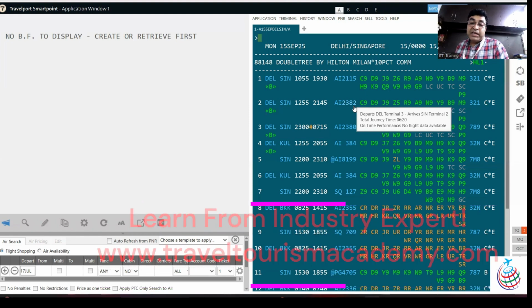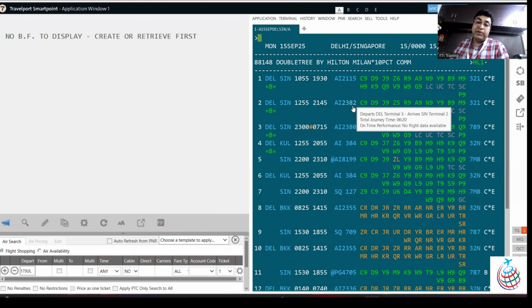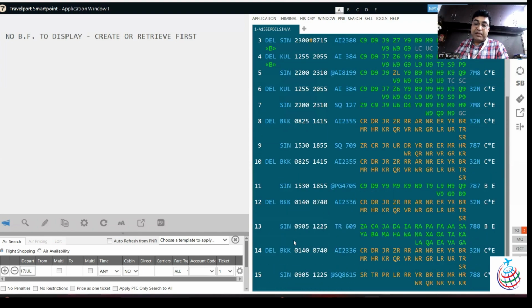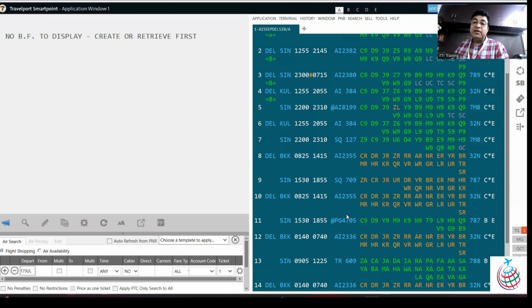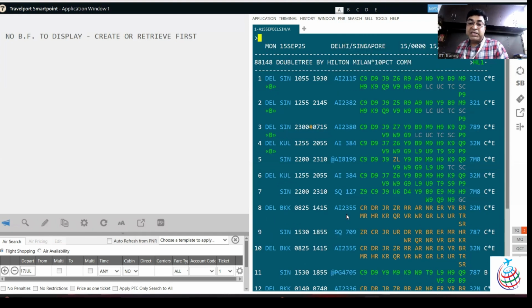And especially for the international flights. So here you can see Delhi, Kuala Lumpur to Singapore. Again, if you move down, you can see this is also Delhi, Bangkok, and then Bangkok to Singapore. It is also a pair of connecting flights. So always, if you pick the seat in a connecting flight, your fare will be lower and your client will be happy. But anyway, for the training purpose, to guide you, I'm going to pick the seat on the first